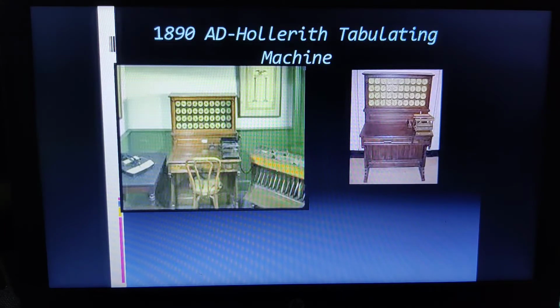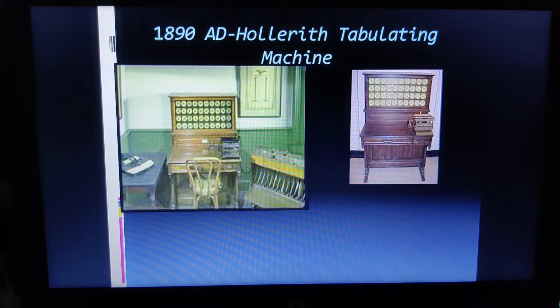In the year 1819 AD, the Hollerith tabulating machine came into existence, developed by an American known as Herman Hollerith. He invented this tabulating machine, which was able to count the population of the US. Herman Hollerith used punch cards to read the data. In order to count the population of the USA, he used punch cards.